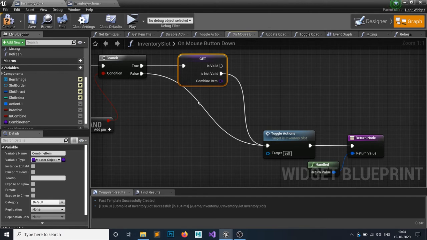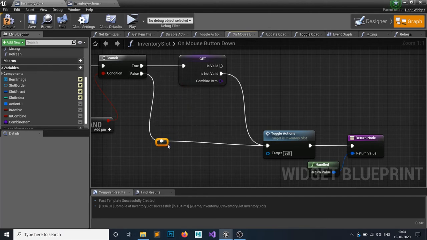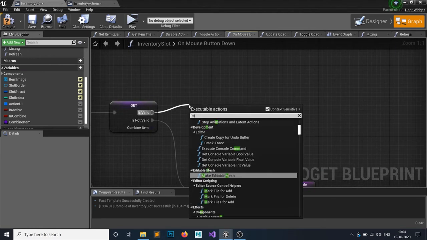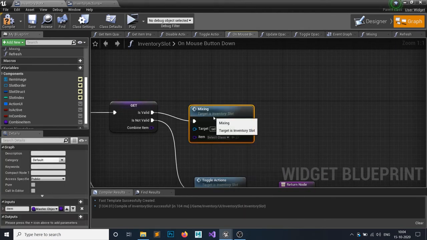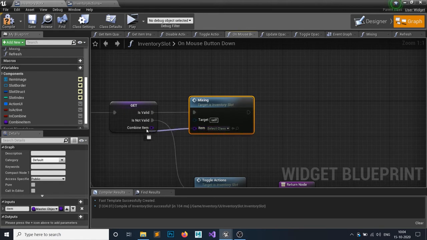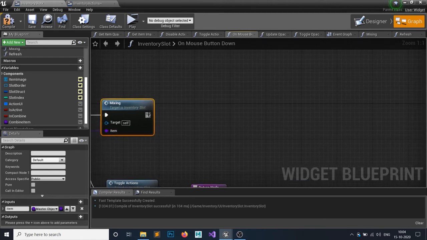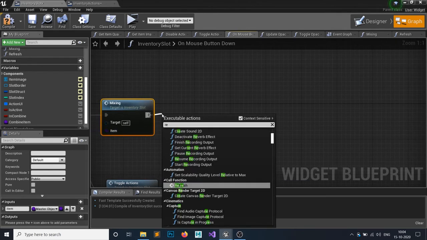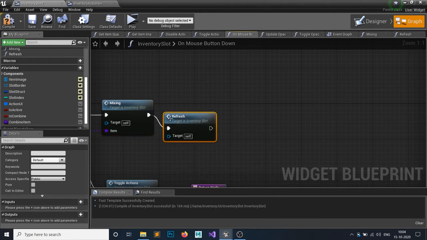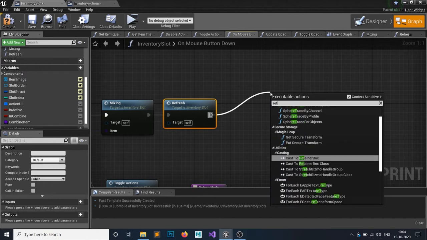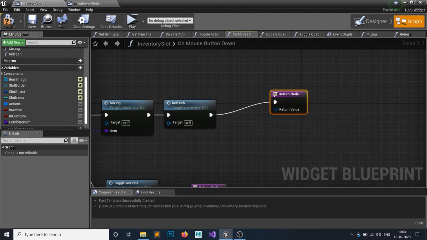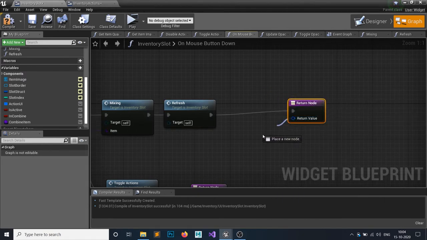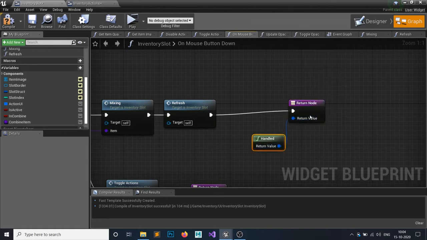Just double click to make a reroute node here. If it's not null, then we want to follow the mixing part. The item would be the combination item, and after doing the mixing, we want to refresh our slot, and then we want to return. The return value should be handled, otherwise you might face issues. So simple.